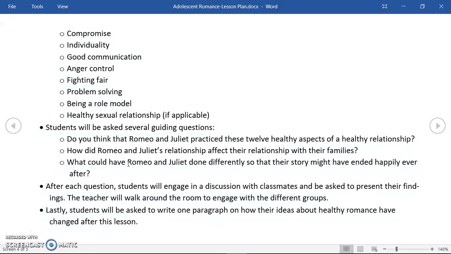Within this discussion, they would present their findings after each discussion, and then at the end, I would want them to take an active role and write how their ideas of healthy romance might have been influenced. So it's something they could take away from the lesson. So basically the idea would be that not only would they have a deep understanding of the play, but that they would have a greater understanding of how big of a deal healthy romance can be versus the unhealthy variety. And hopefully I could make a difference in some people's lives who might be going through this themselves.